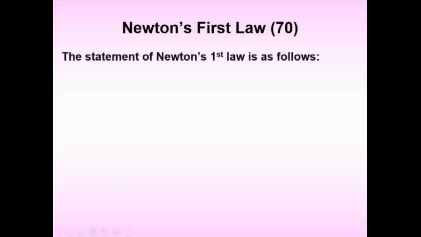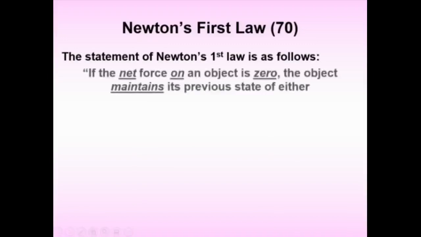Newton's first law. I'm just going to introduce it as a scientific principle, and then we'll talk about what it means. So what is the statement of Newton's first law? The official physical statement says: if the net force, that's why you had to learn the net force first, if the net force on an object, by the way, when you say on an object, you mean calculated externally, on it means from the outside, so if the net force on an object is zero, exactly zero, not an approximation,